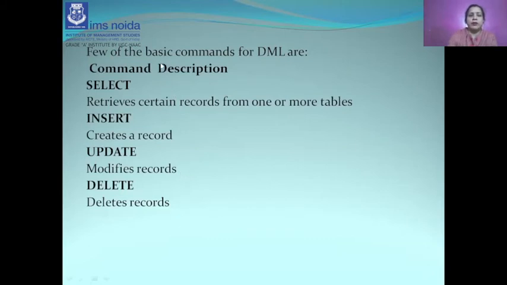Here we are more focused on the basic commands of DML, that is select, insert, update, or delete. Today we will discuss specifically select and insert, how we can retrieve the records with the help of various logics, constraints, or clauses. Select means we want to select specific records. We don't want to retrieve all the records. If we want to retrieve all the records, in that case too we will use the select command. But if we want to retrieve only specific records, then we will use a condition.